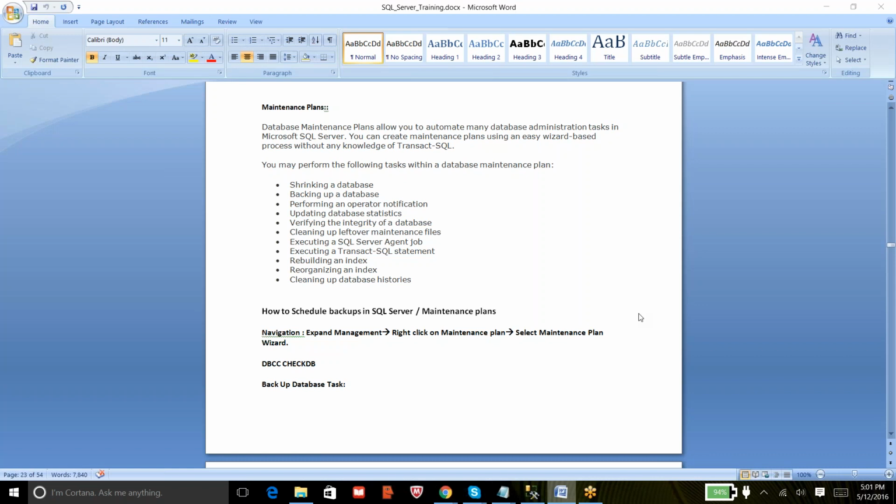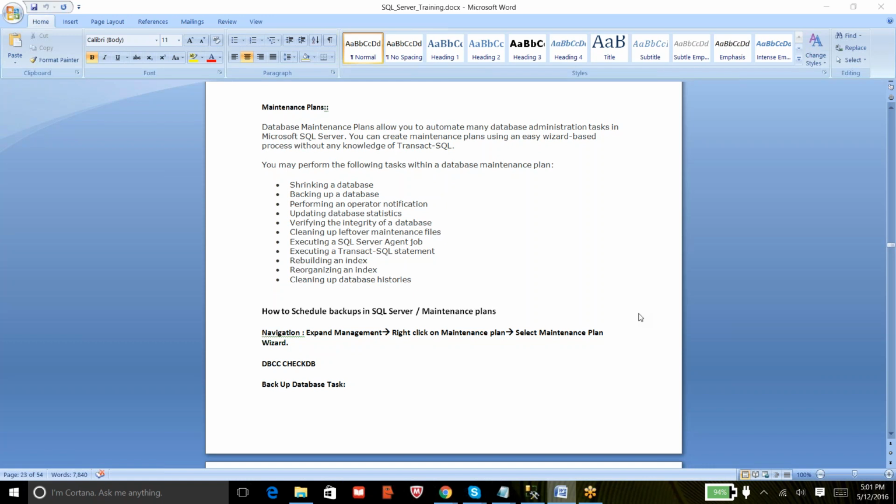Alright, so today we're going to discuss maintenance plans. If you remember, when we were about to start the backups, on the first slide I showed you the different methods we can use to back up a database, and one of the methods is a maintenance plan. A maintenance plan is not only for backing up your database, but you can also do some maintenance activities. As a DBA, we need to do certain maintenance on the database